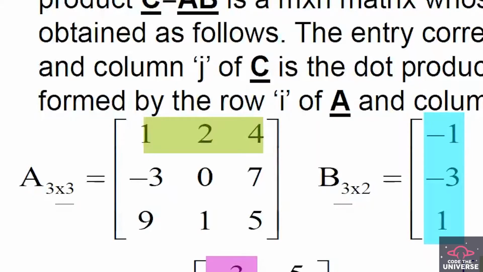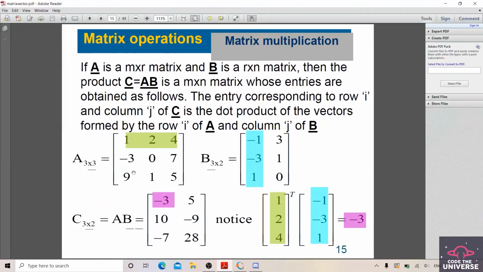To give you a further instance, let me also go to the next row. Let's say I want the element in this position. Let's say I want this 10. What I'll be doing is I'll be multiplying this row with the elements of this column. So that will be minus 3 into minus 1 plus minus 3 into 0 plus 7. And then I'll place it over here, and that's 10. So that's how we build these